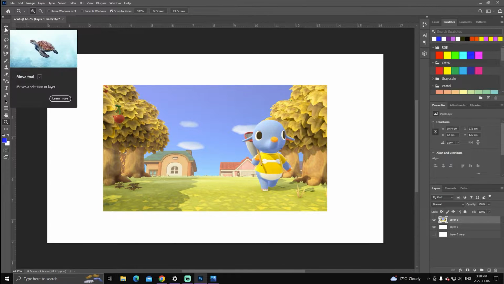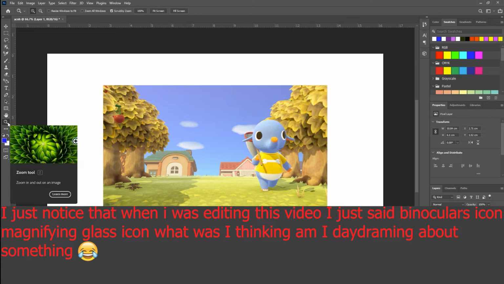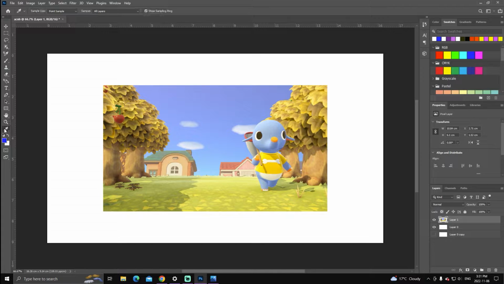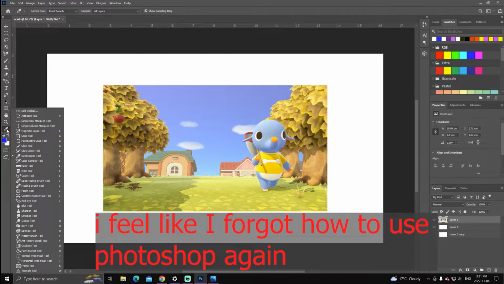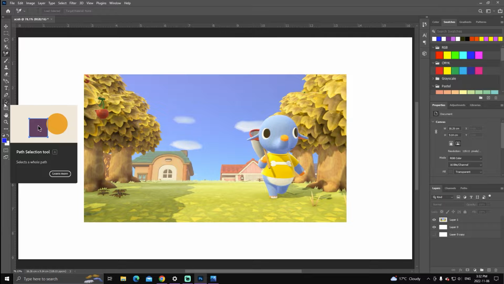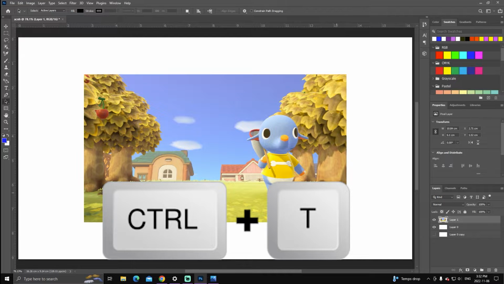So to do this, I click on, okay, it's on the binoculars one, so I'm just going to go up and let me find, okay, so here. Oh, here I was looking, yeah, click on the mouse cursor icon. I was looking for that, it took me a while to find it. So click on that mouse cursor icon and then click on Control T. Oh, sorry, not Control T. I need to resize. So here, just click on the layers and click Control T. Once you click on Control T,